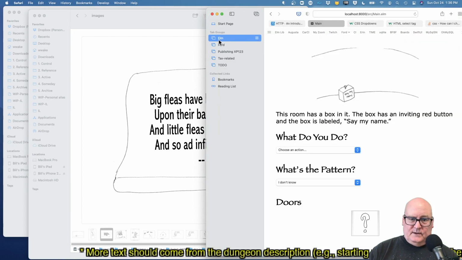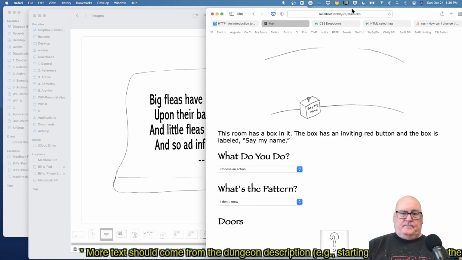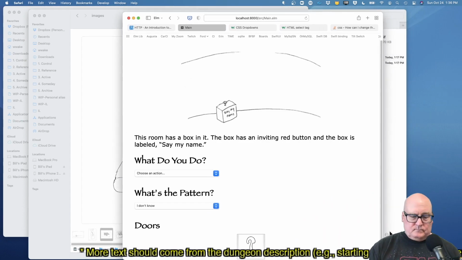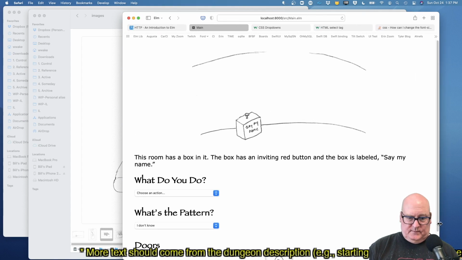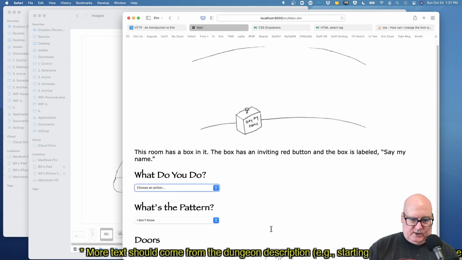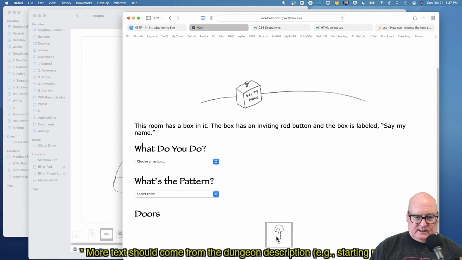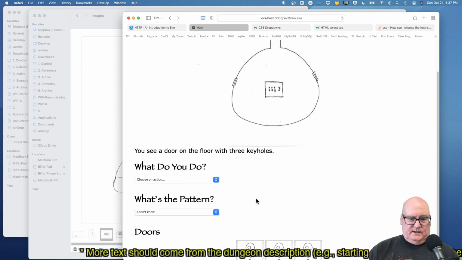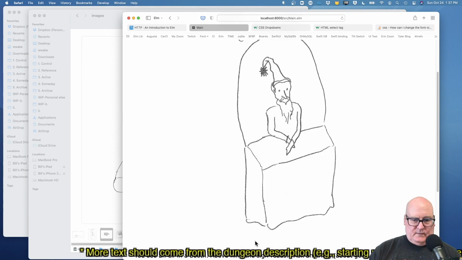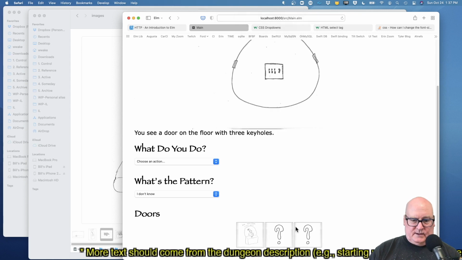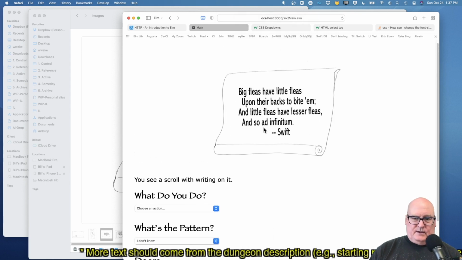Let me open that one. Okay. So we're in the initial room. We got the inviting button, say my name. You got an action you can do, and you can go through the doors. Let's see if we can find room 1C. That's not it. Go back here. Yeah, there we go. Okay.